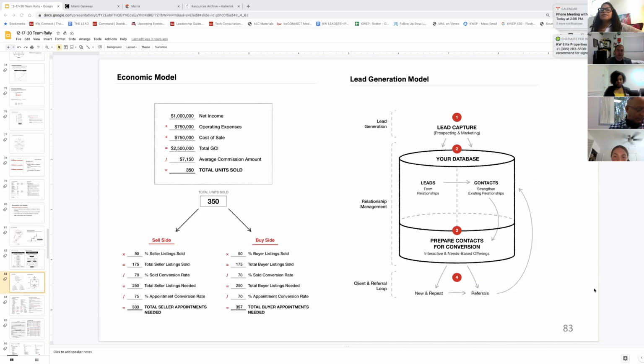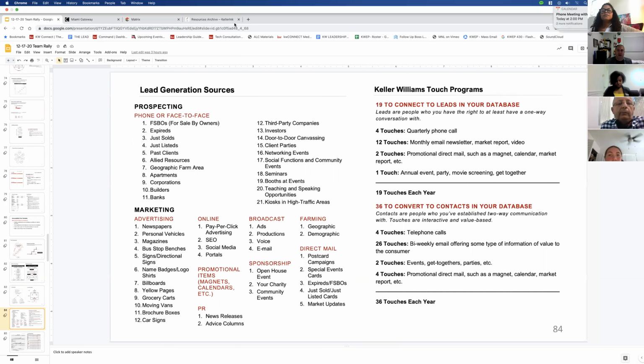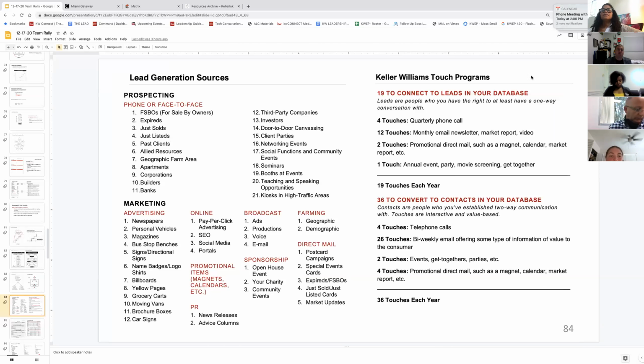And then they become a client. And the purpose of a client is then to get referrals. And just to hammer this home, once someone is in contacts, the whole purpose of contacts is to then put them on these touch programs